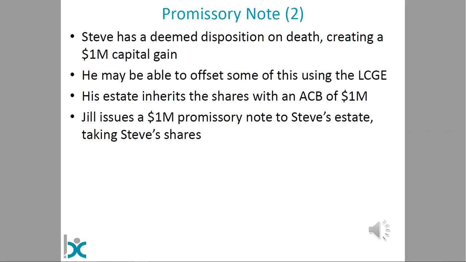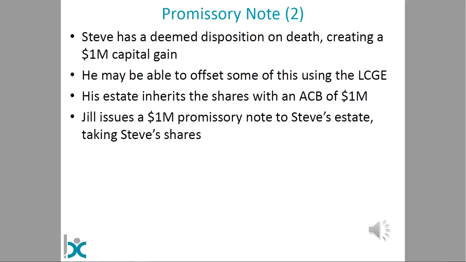So we've seen that Steve has this $1 million capital gain when he dies. He may be able to offset that using the lifetime capital gains exemption, which may allow him to offset up to $750,000 of capital gains. Then his shares will pass on to his estate, which takes on those shares with now an ACB of $1 million. Essentially, they're all tax paid. There's no more capital gain or capital loss waiting for the estate as long as the estate sells the shares